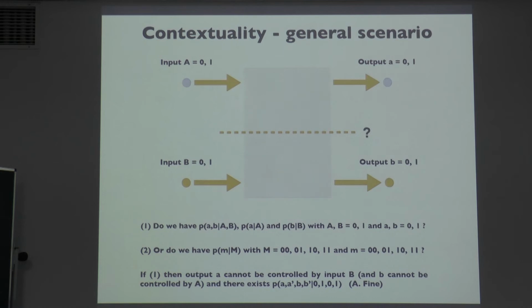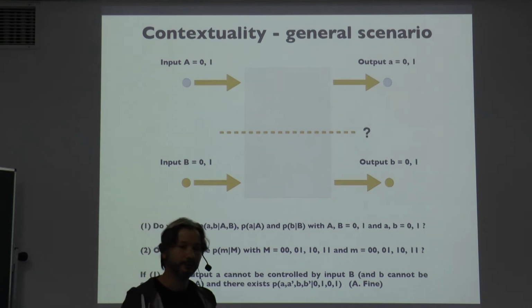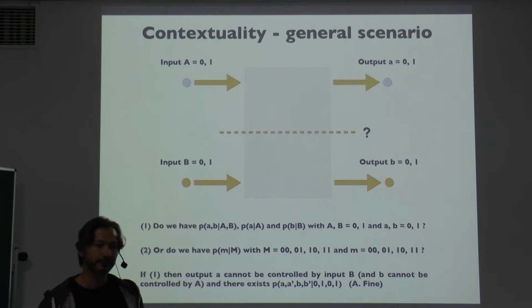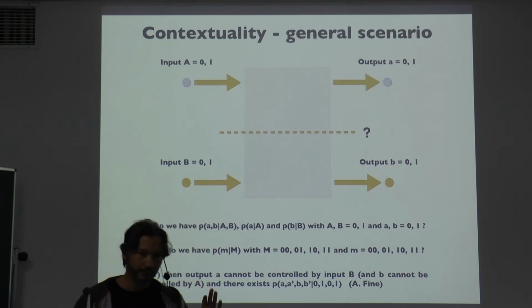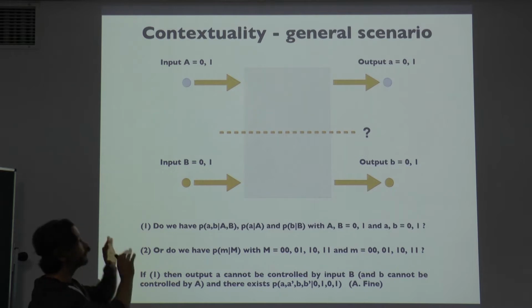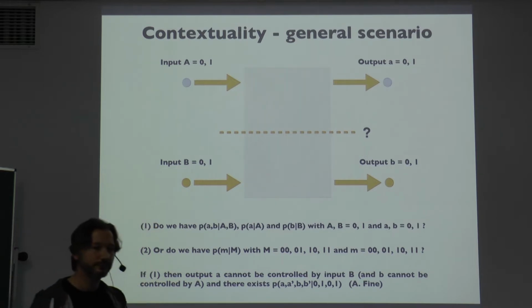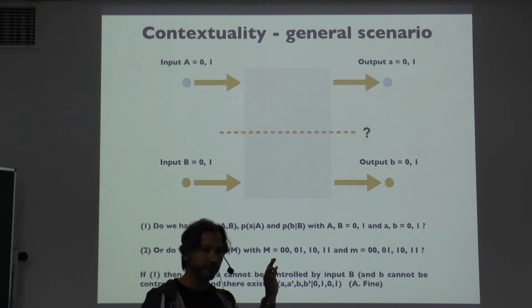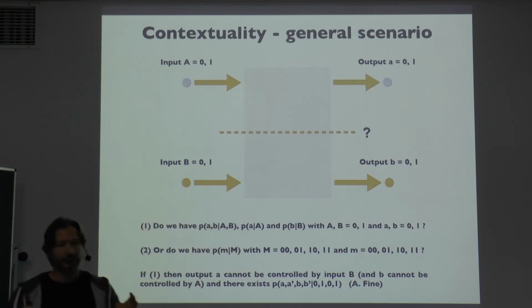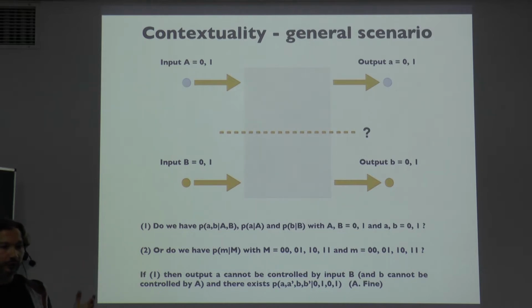But let me start with the following general scenario. Bell inequalities are not only the inequality itself, but also the fact that these are spatially separated regions. But actually, Bell inequalities are a very special case of a broader thing, namely quantum contextuality. And in quantum contextuality, you can have local systems. For quantum contextuality, you can also have Bell inequalities. So originally, Bell inequalities were